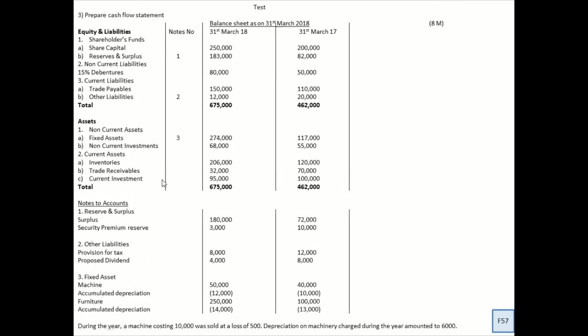I would like both the sums to be done and shared with me on my email ID. Send a PDF to me. I'll definitely correct both the sums and reply back with my advice on whether the sum is right or wrong. I hope you got a good idea about this chapter. You understood the logic, the format, and how to do the posting and the adjustments. Try doing the initial sums and the board sums. I think more than 5 sums are not needed to become an expert in this chapter.